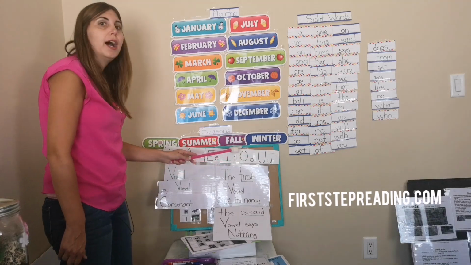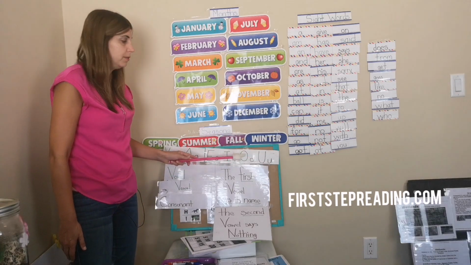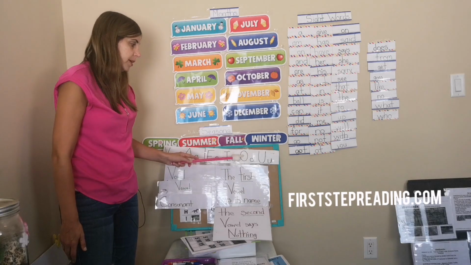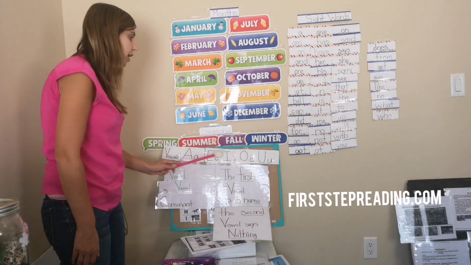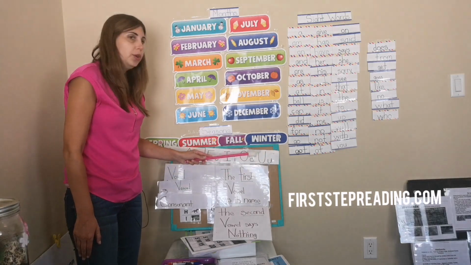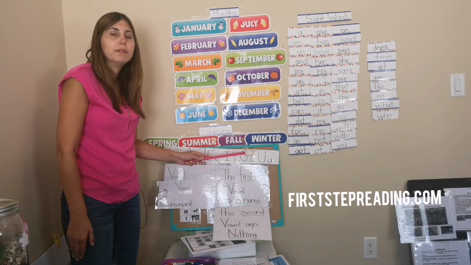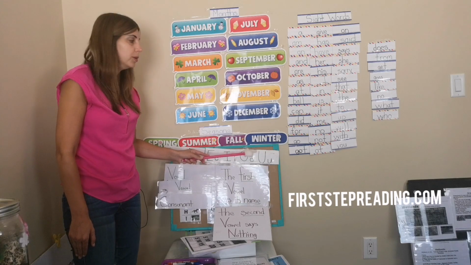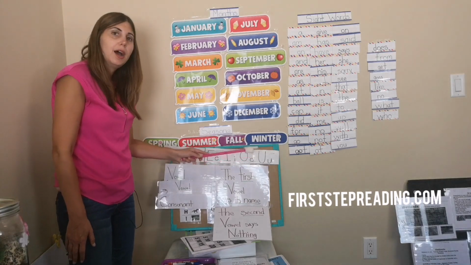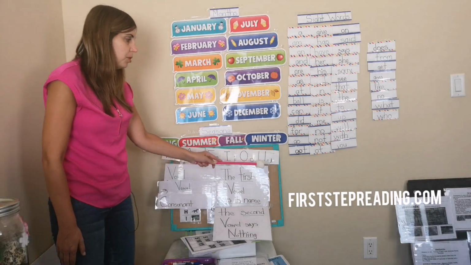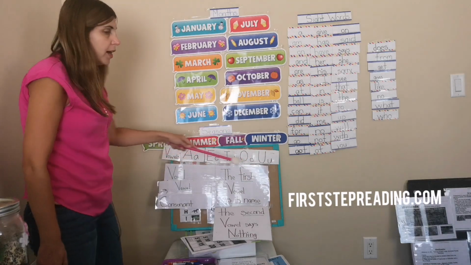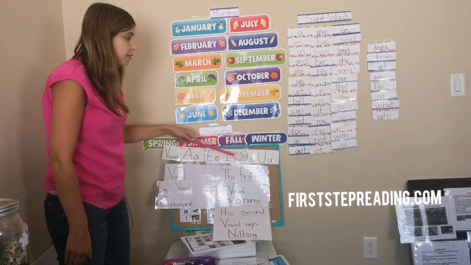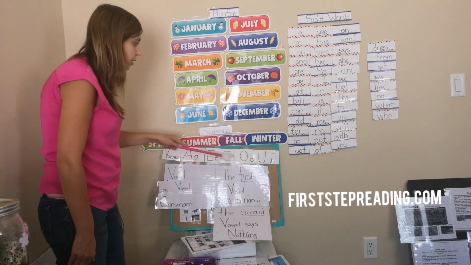O is a vowel, a vowel, a vowel. O is a vowel, A-E-I-O-U. U is a vowel, a vowel, a vowel. U is a vowel, A-E-I-O-U. Those are our vowels, our vowels, our vowels. Those are our vowels,